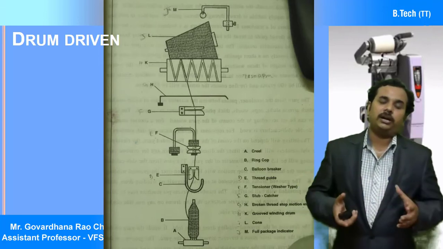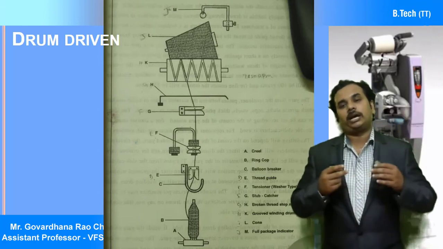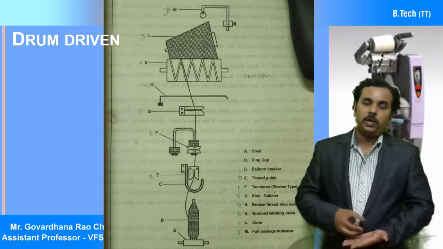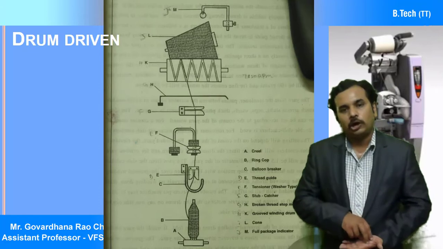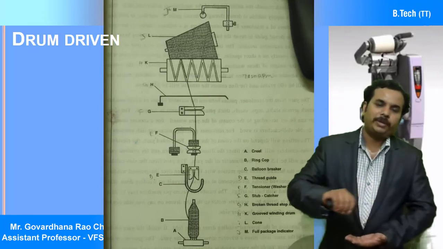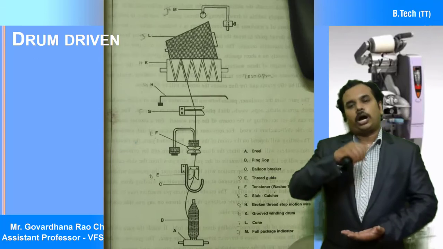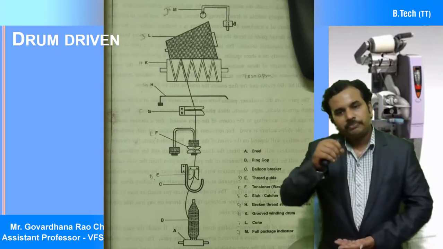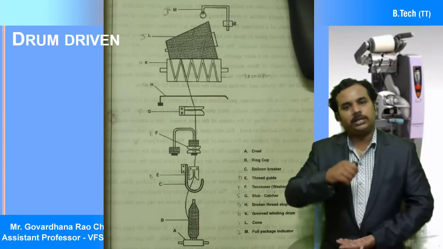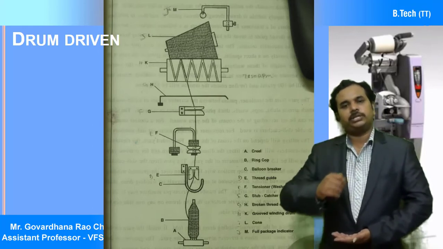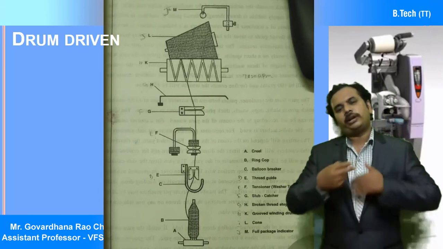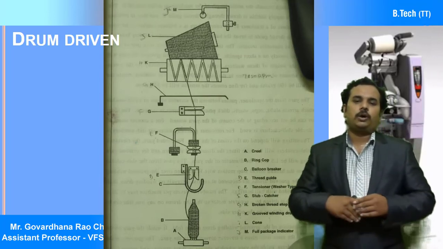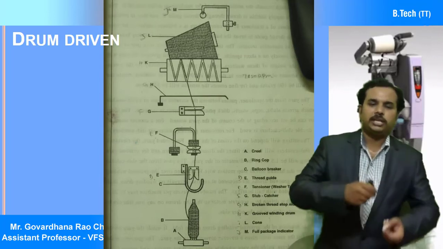So you can see the different parts here. There is a creel, and on the creel we have a peg. On the peg we mount the ring cob. From the ring cob the yarn is going to be unwound, and it will be taken through the slub catchers. Then after the thread guides and the slub catchers, or generally this thread guide may be at the bottom and top, it is okay. Now here in the image there is a thread guide.